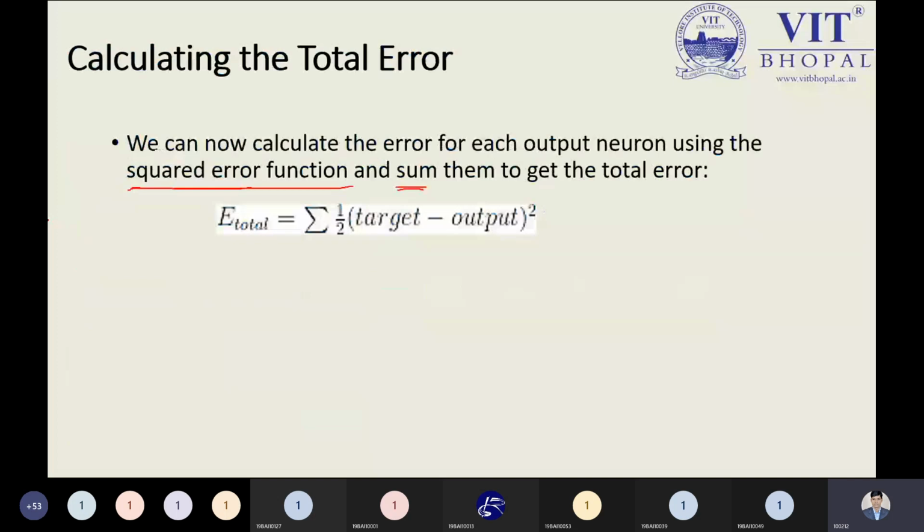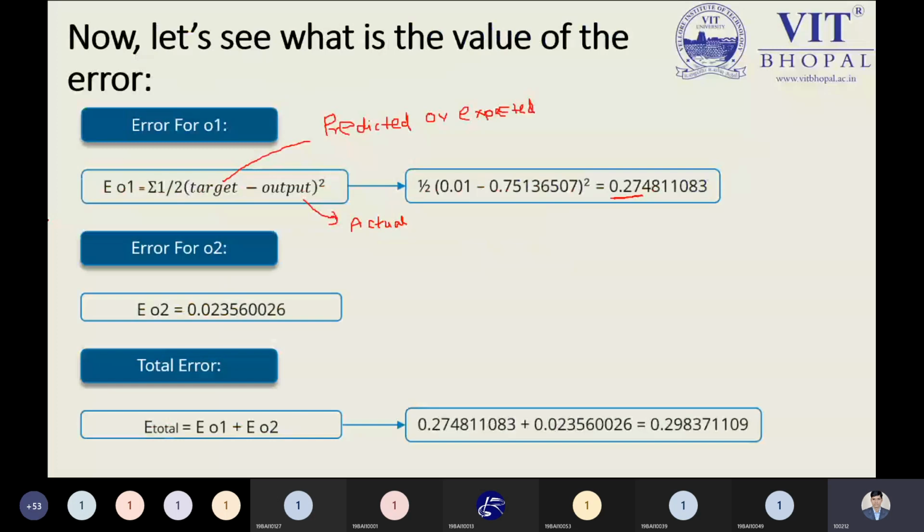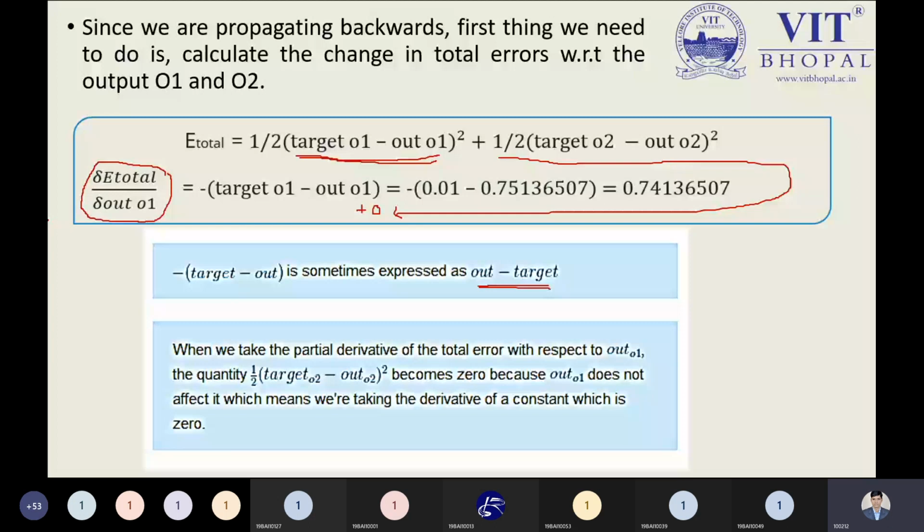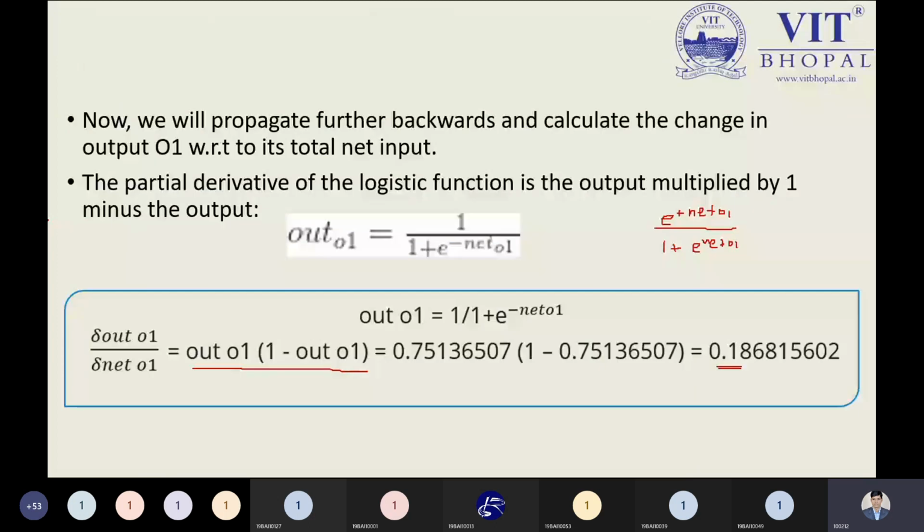And this is the point where we found that when we need to calculate E total, from the E total formula, if you remember, the errors of both the O1 node and the output node O2 are coming. So we will use these equations for getting the formula, and that is the partial derivative. So we are getting our better result. We are doing nothing special, just applying the partial derivative to get the result in a simple way.